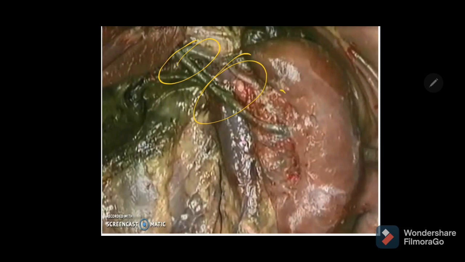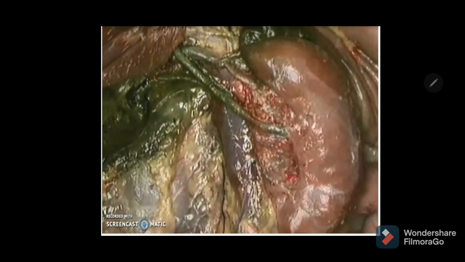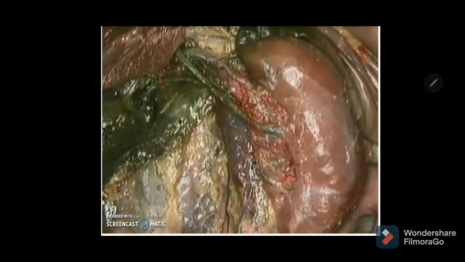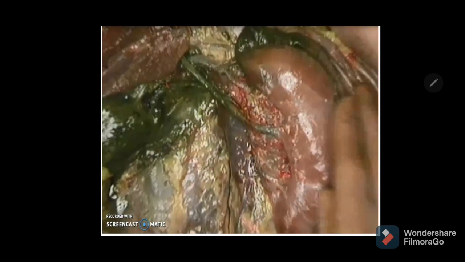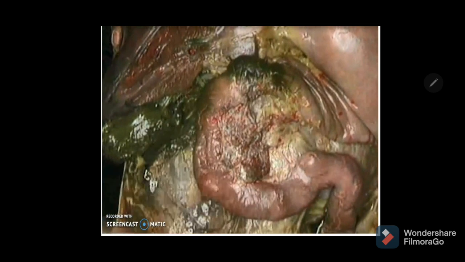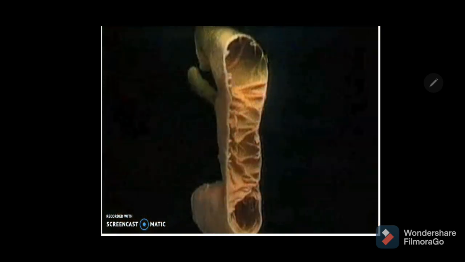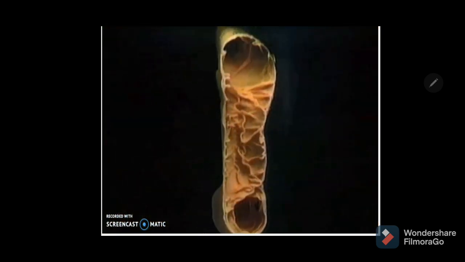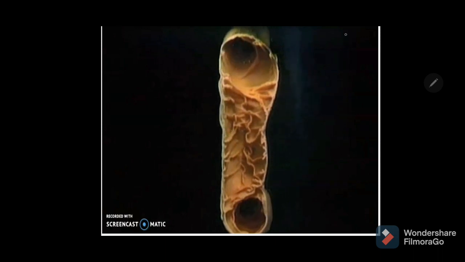So this is how the common bile duct runs, and you can divide the course into the three parts: supraduodenal, retroduodenal, and infraduodenal. By the first part of the duodenum, so that is the head of the pancreas. And if you see the interior of the second part of the duodenum, you will notice the opening here of both common bile duct and main pancreatic duct.